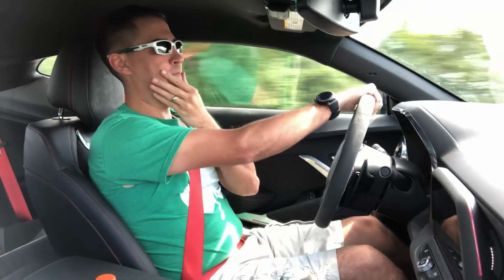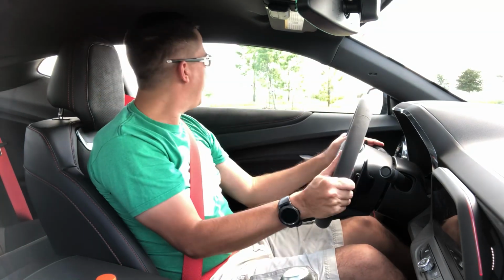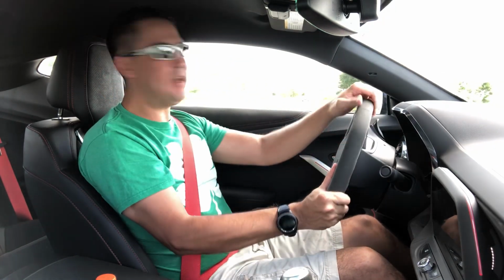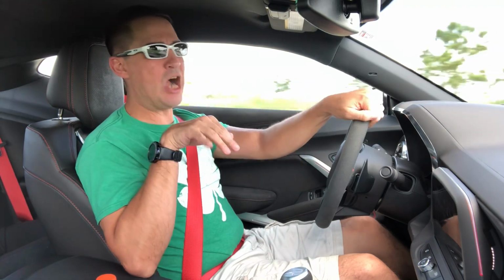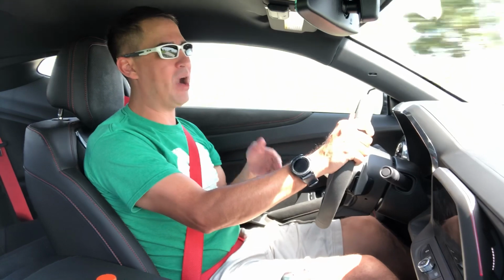So again, it's like, man, do I go to Dodge and trade in my Camaro ZL1 1LE? The problem is I'm not going to get the best for my trade. I'm thinking they might give me 65, 63, but let's just say they give me 65 for my trade. And I think I owe like 60,000 on this car, or 62. I'll still have some type of positive equity. And I can literally get into a brand new Dodge Challenger Redeye wide body in Destroyer Gray, by the way. That's the color, which is a beautiful car,